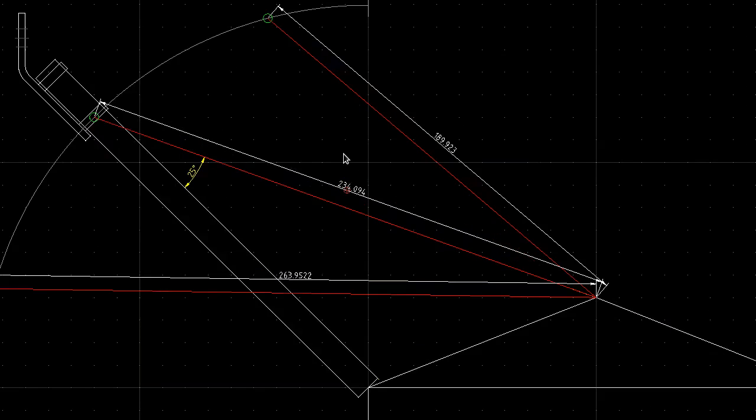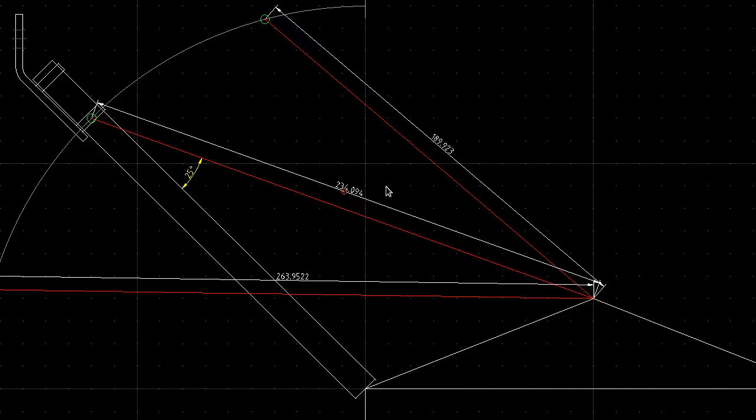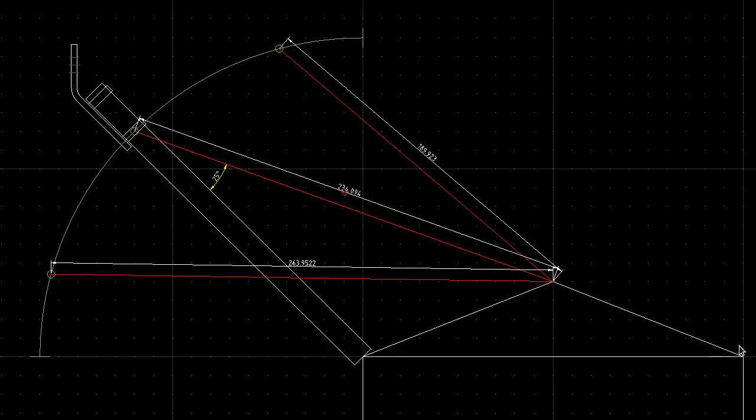I haven't entirely decided how to arrange it, but I'm thinking I might just attach one end of the spring somewhere around here and then use some of that pull steel cable and crimping bits and pieces that I used for the elevator and the rudder connections, and just put a bit of steel cable from the end of the spring here to the wheel, and that should make it a little bit nicer to adjust and easier to adjust too,